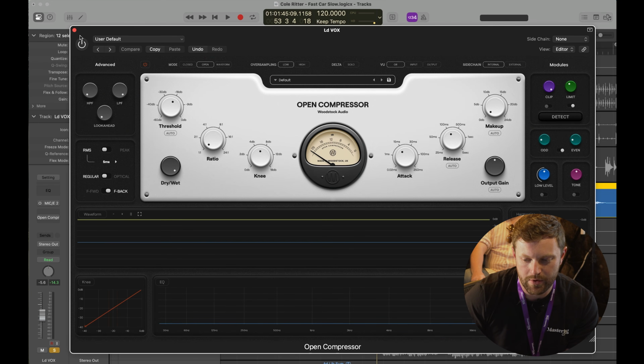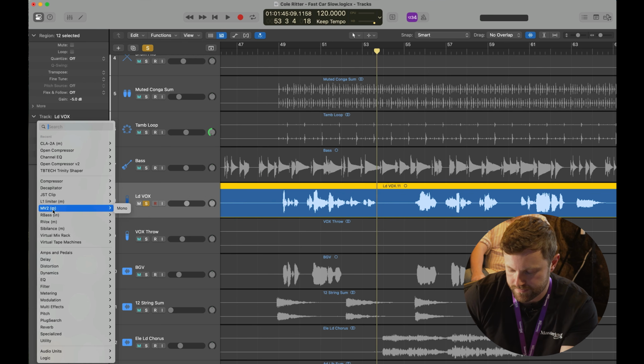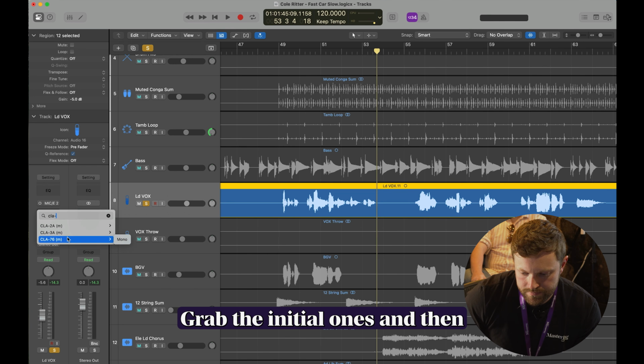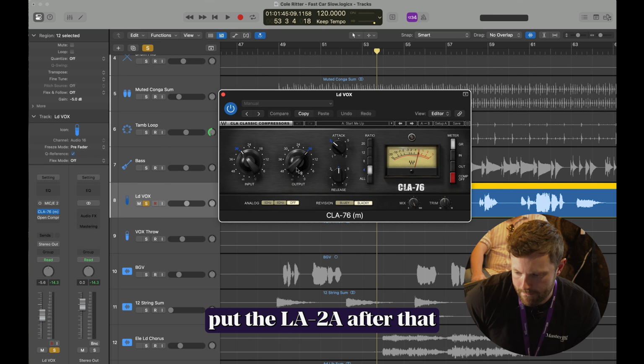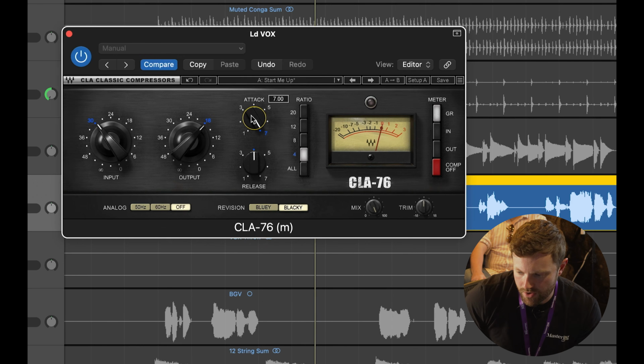So for the first stage, if we're shaving off transients, the equivalent there would be like an 1176. Grab the initial ones and then put the LA2A after that. So we would want fast attack, fast release in theory. And again, the attack ranges on here are so fast anyway, but if we're just trying to grab